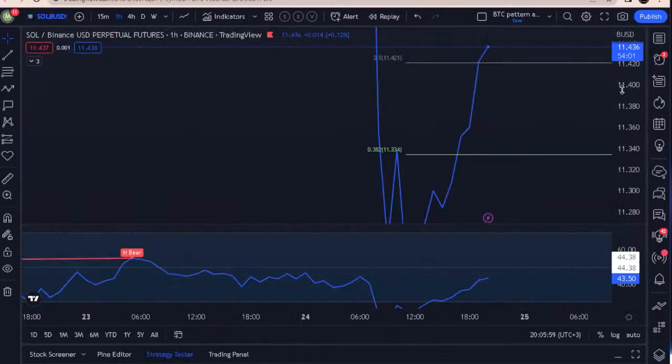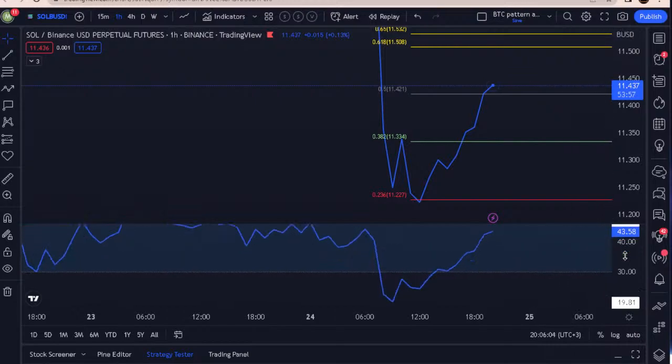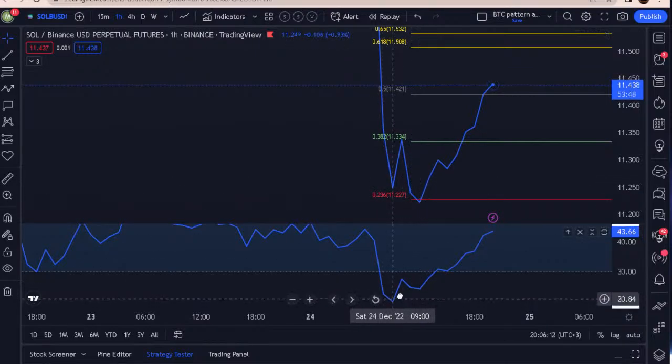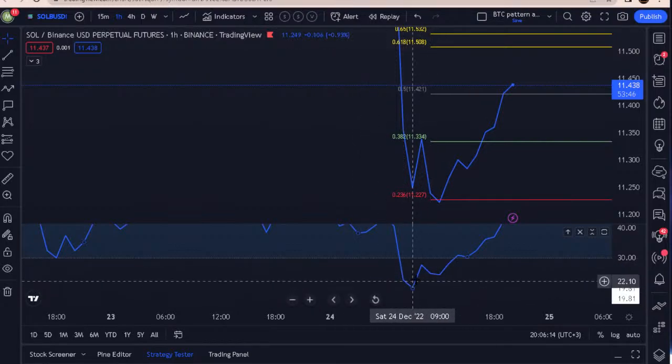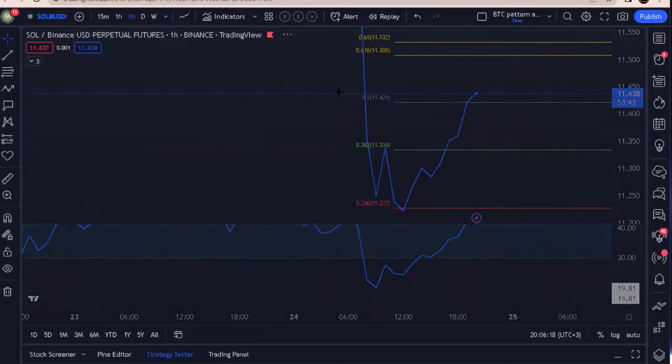Solana, on the other hand, let's look at this hourly. We had a bullish divergence here, lower lows, even though the indicator didn't catch it, but we had lower lows and higher lows for Solana over here. That is bullish divergence on the smaller time frame. On the 4-hourly,